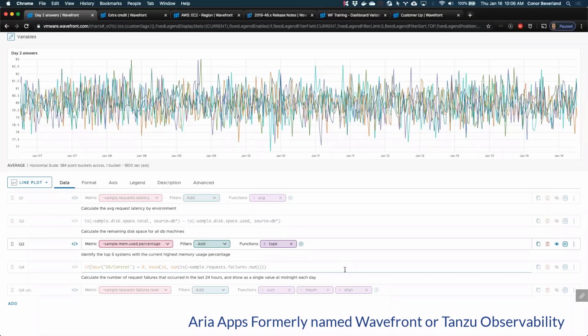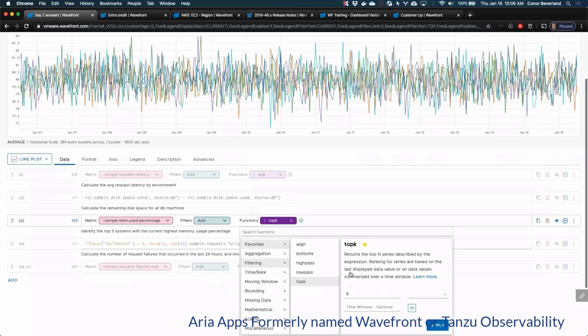Next was to identify the top 5 systems with the current highest memory used percentage. All that is needed is to find the right metric, with no filters in this case, and apply the top K function to it. The question was just to do it with the current highest memory use, and so that's just top K with no special or optional arguments. But if you wish to,